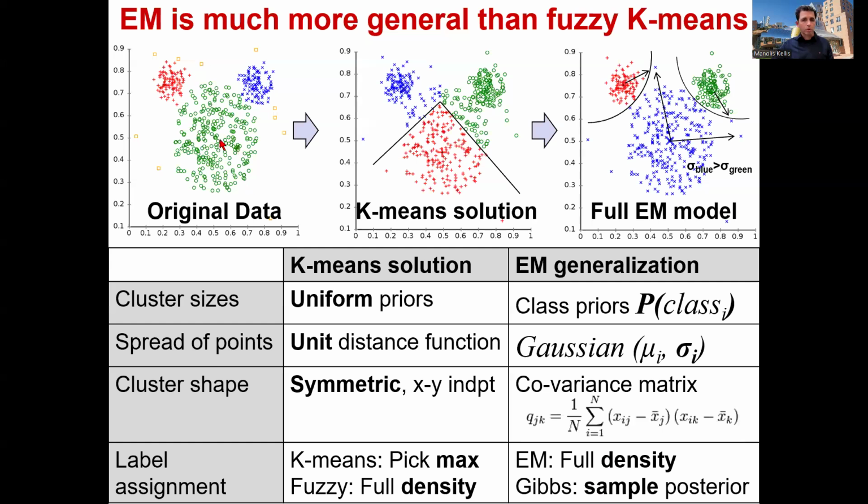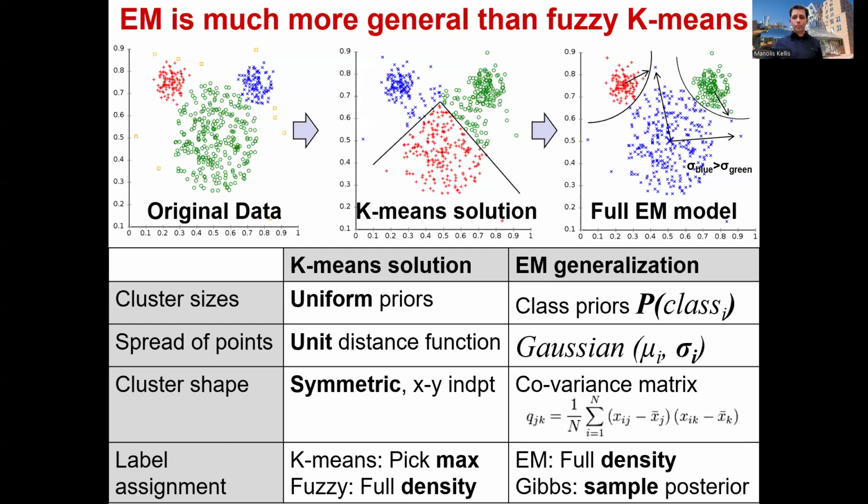Okay. So again, if you have an original data set that was generated by a big green cluster that was shaped this way, and then two little red and blue clusters, the k-means solution will spread them exactly that way. We'll sort of separate the points that way. We'll partition, I should say. Whereas the full EM model will be able to recognize the standard deviation of the blue is actually larger than the standard deviation of the green, and so on and so forth. And therefore, that point here, even though it's technically closer here, will be assigned there. Okay.